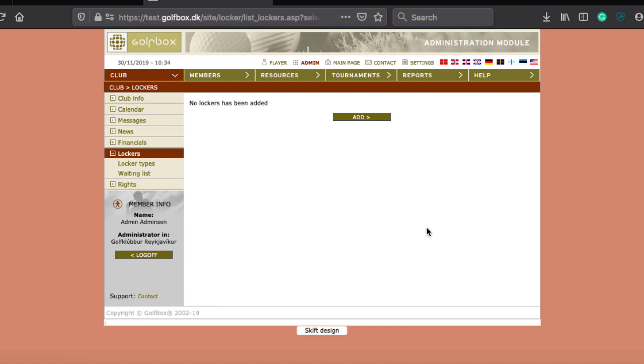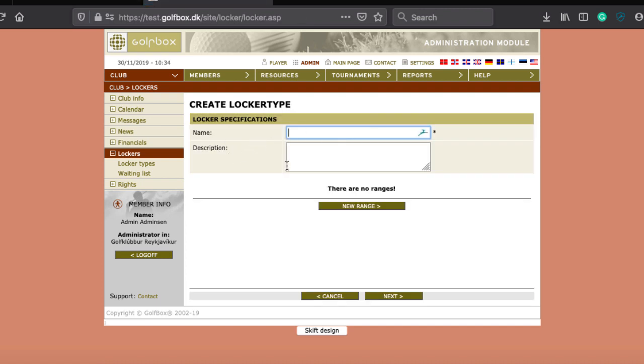We have a locker system in GolfBox, and a way to administer lockers. If you have a lot of lockers for bags and stuff like that, then you can set it up in the system where you can have different locker types. You can have maybe a double locker on the ground, maybe a single locker on top, all different kinds of types that you can rent out for the players. And once you create a